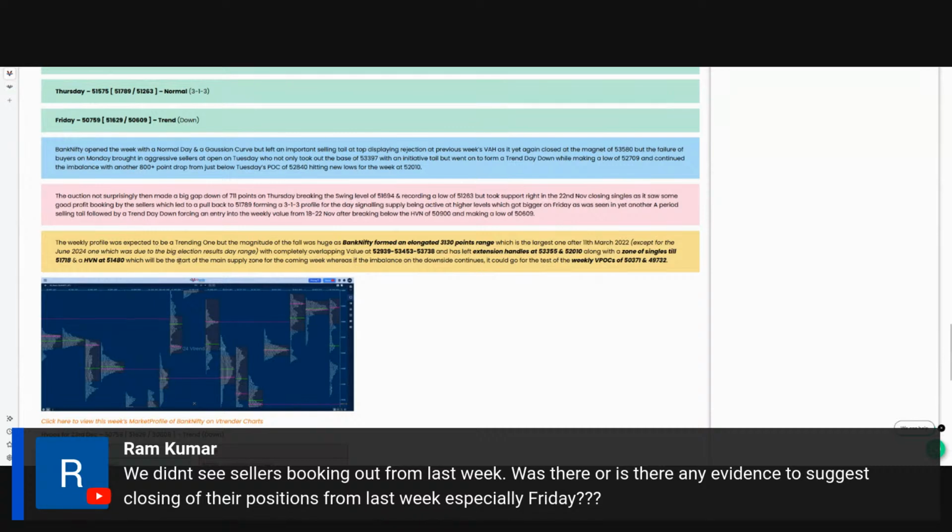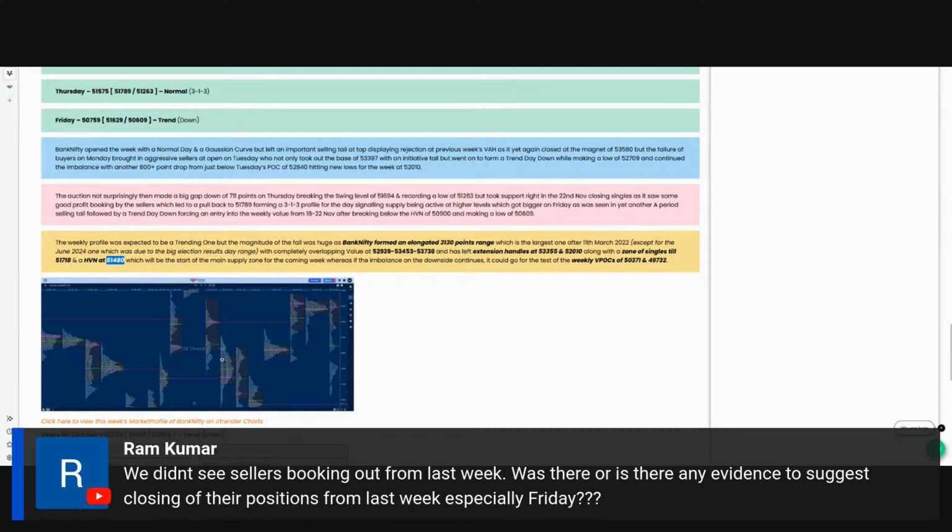Yes, June election week had a bigger range because of that one single day swipe which we saw. But otherwise, in the last 2 years, we had the biggest weekly range, 3130 points. So we have extension handles at 53355 and 52010. So these will be the important references on the upside. And we have a HVN at 51480. Zone of single prints still at 51718 would be an important reference, but the immediate supply point for us would be